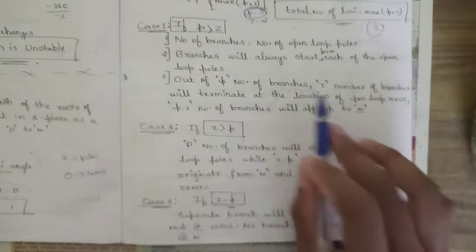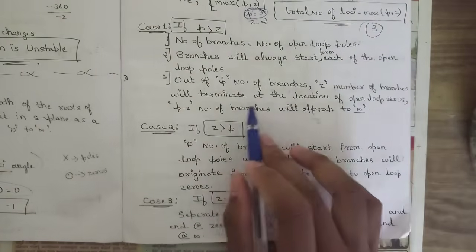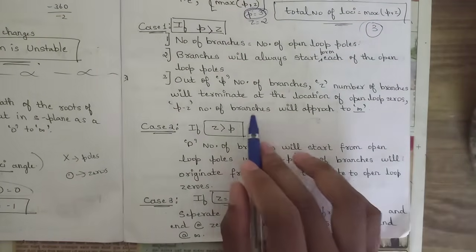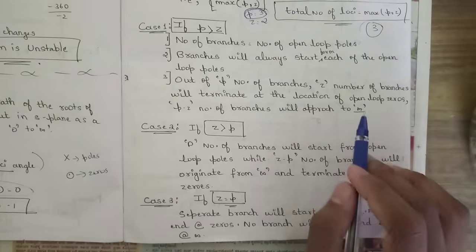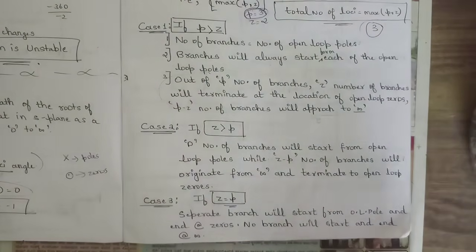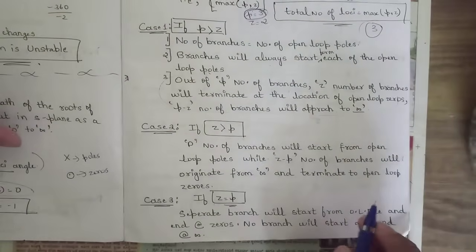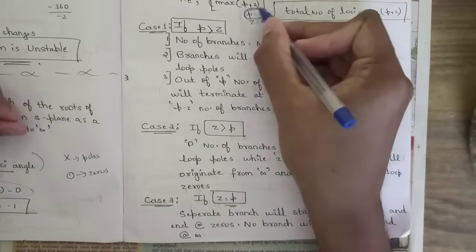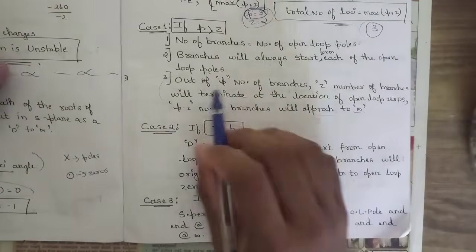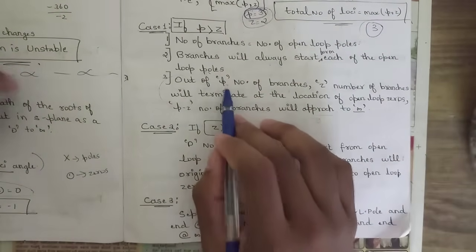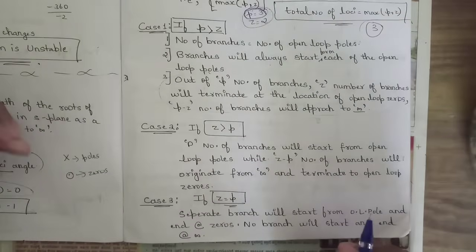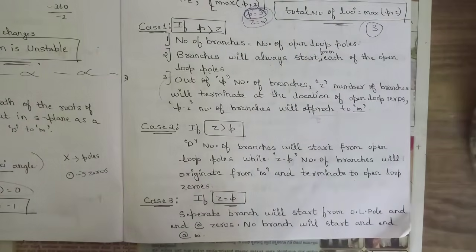Out of p number of branches, z number of branches will terminate at the location of the open loop zeros, and p minus z number of branches will approach infinity. So what does this statement mean? If we take an example of this only, we have 3 poles and 2 zeros. This says that out of p number of branches, z number of branches will terminate at the location of open loop zeros. For example,